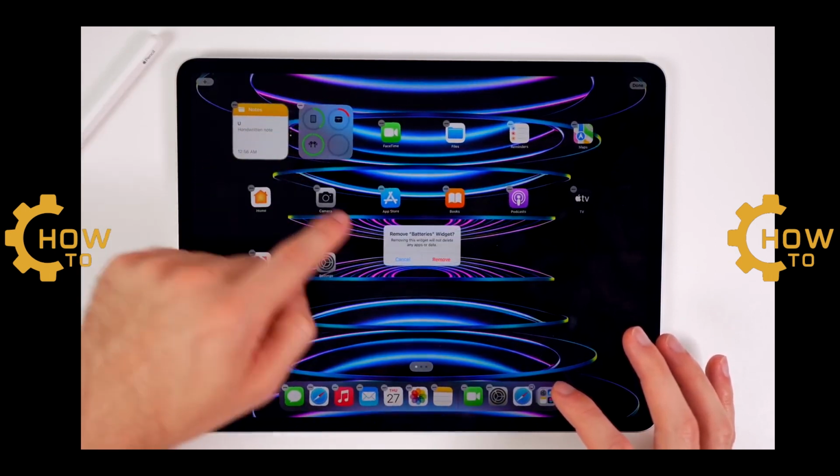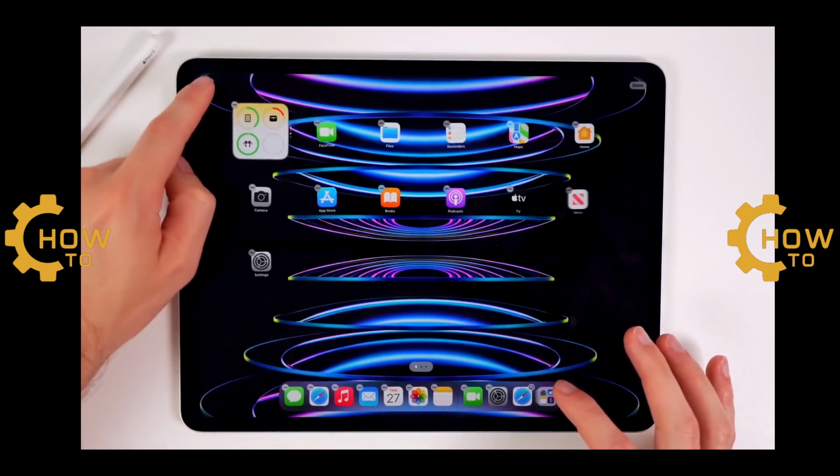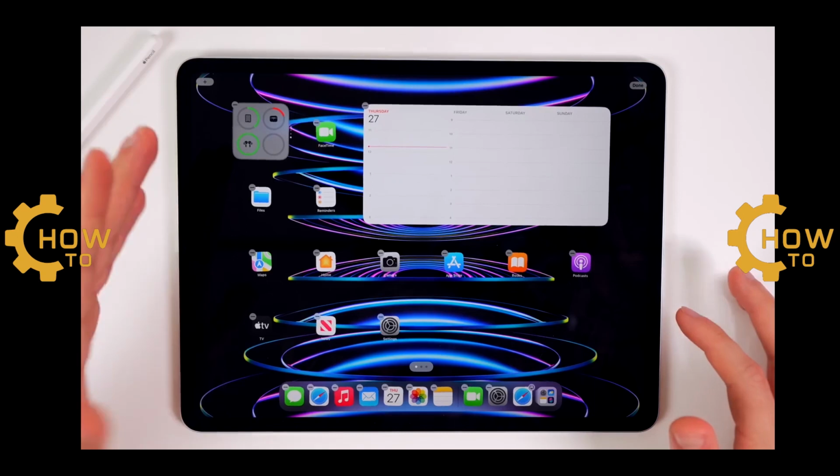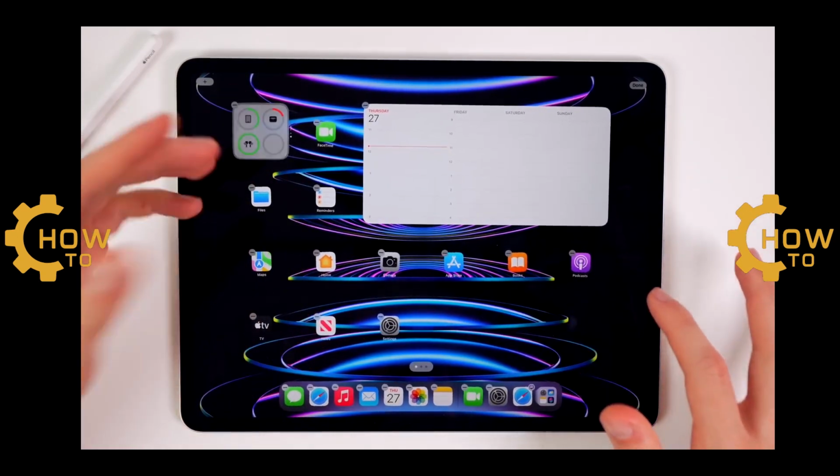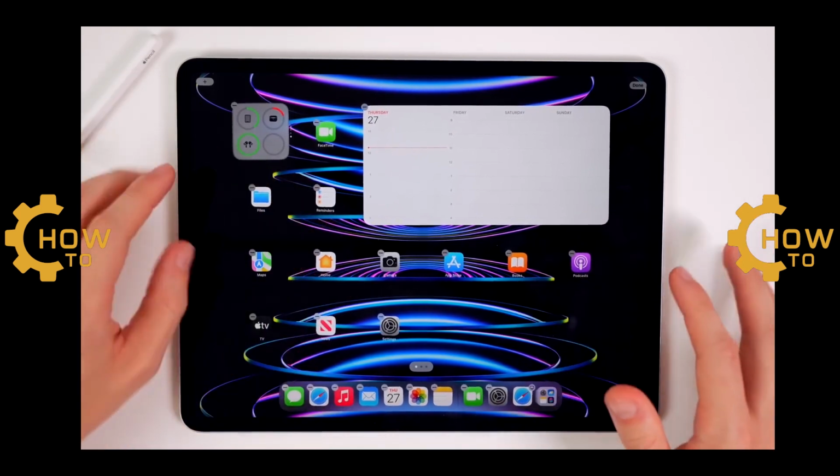We'll do this one actually. Yeah, we'll do that one small as well. We're going to add a big calendar. Now, unfortunately, you cannot change the size after you already put these in. You're going to have to delete and create a new one, which I hope that's something that comes in the